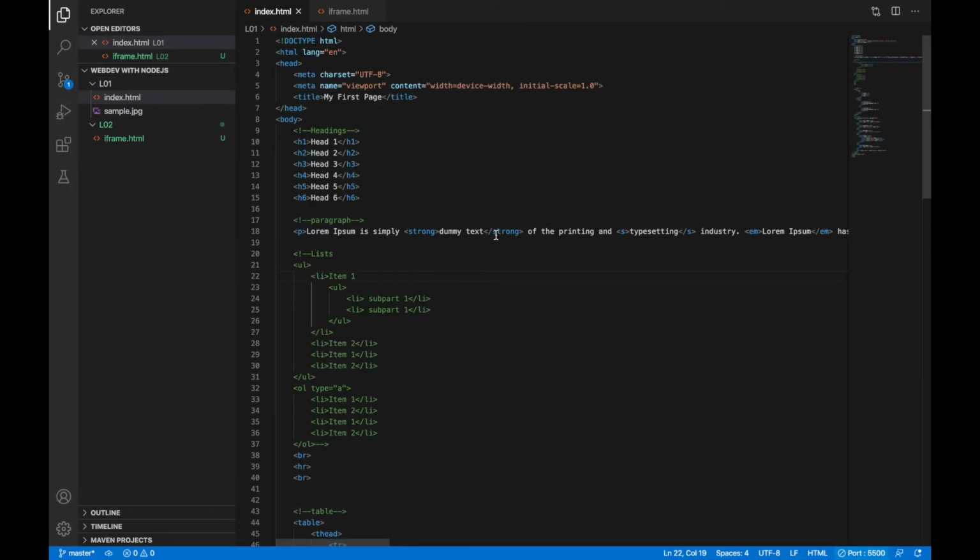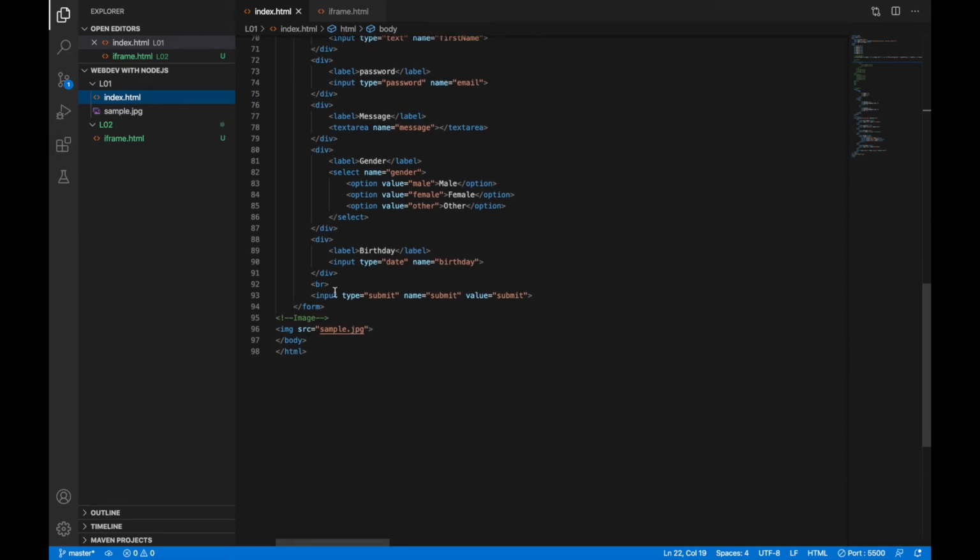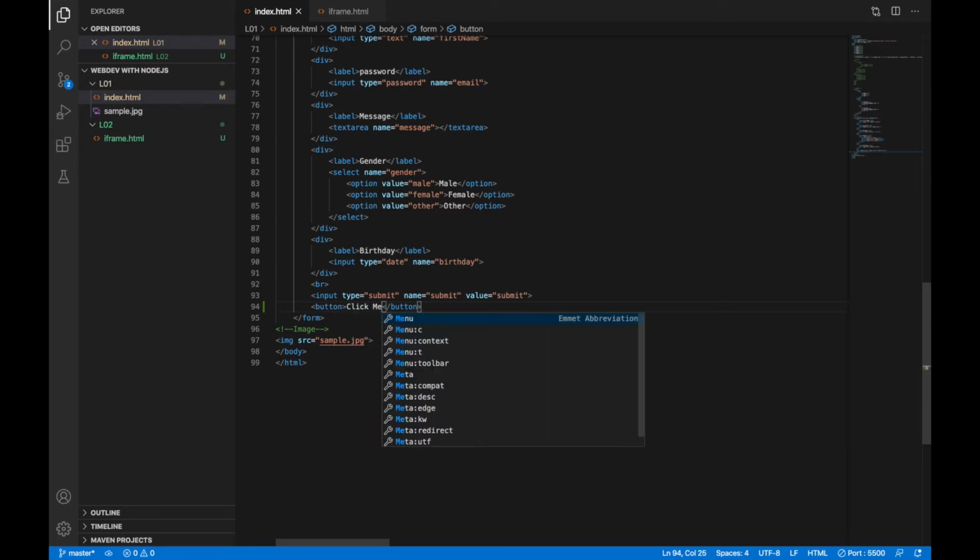So this is the same HTML file which we were using before. It was called index.html. Now to start with, like we have seen, we can create a submit button using the input tag. We can also have a button using the button tag, right? And I'll just write "Click me" inside of it, and I'm already live.